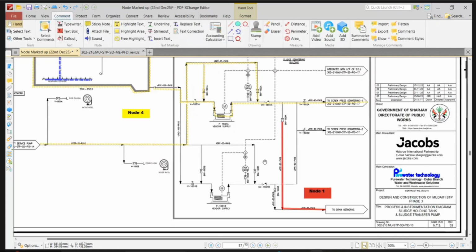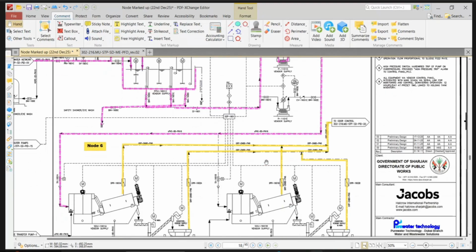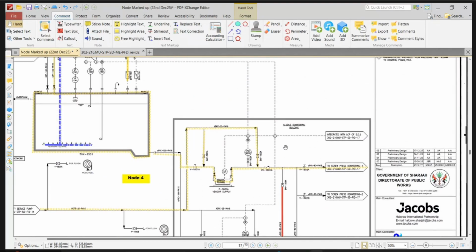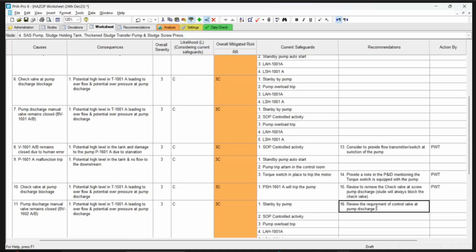Well, supplying a flow meter on the major streams like the sludge line or liquid stream, I believe it's mandatory. I'm very surprised that there's no flow meter. Let me complete this and we'll review it.